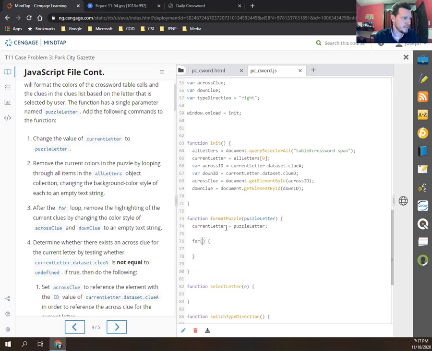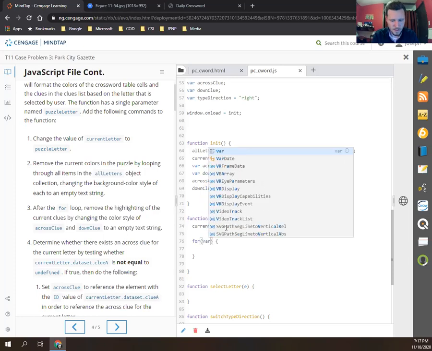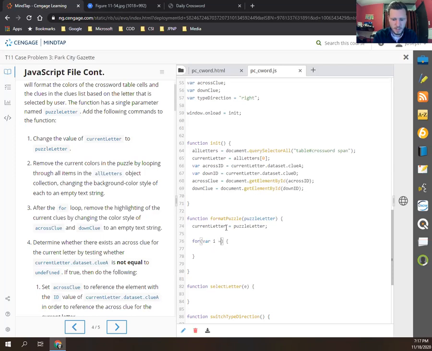We're going to loop through that array, and in each one, we're going to set the background color to an empty string. So for the loop, we're going to set our initial loop variable to 0, and we're going to loop so long as that value stays less than all letters dot length. That's the length of the array. And then we will increment that value one each time. And then inside the loop,